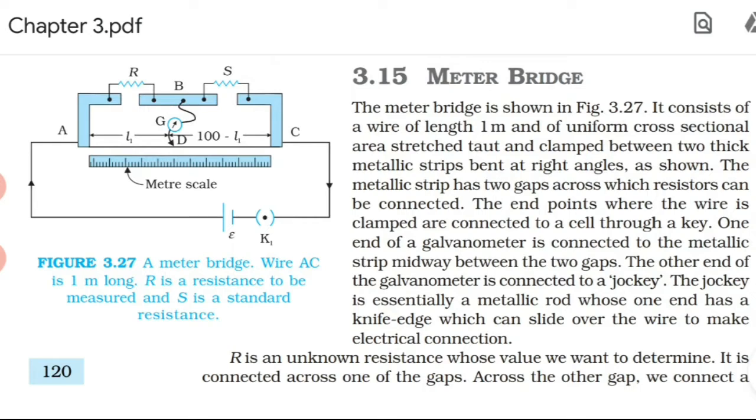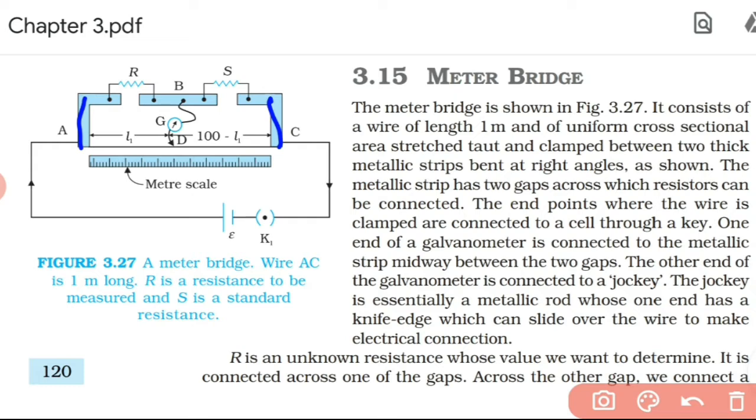And at A and C you can see thick portions. What do we call those thick portions? Copper strips. The blue color you are seeing is actually copper strips. They are very thick, so that the resistance of the copper strip is very less. You know, the resistance of a conductor is inversely proportional to area of cross section. As the thickness increases, the resistance will be less. So to keep small resistance in these connections, we use copper strips. Don't worry, the copper strips will be there on the board itself.